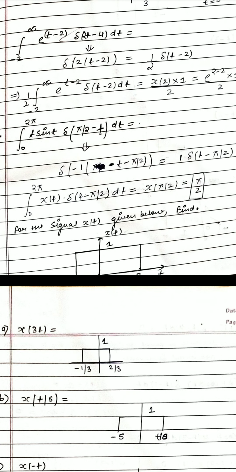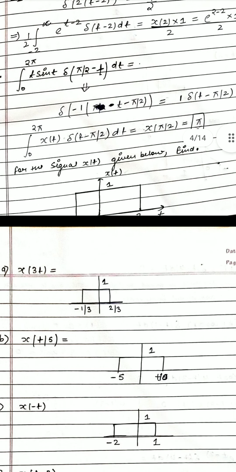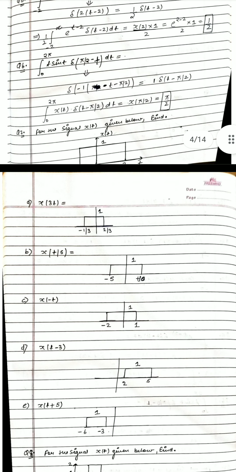Now for the signal x of t given below, this is actually minus 1. Okay, this is actually minus 1. It's a mistake from my side. So we have to now scale it. Expansion or compression on the signals. It is a very important property with respect to the GATE exam, which is expansion and compression of the signals. So x of 3t means we are compressing the signal. We are dividing each width